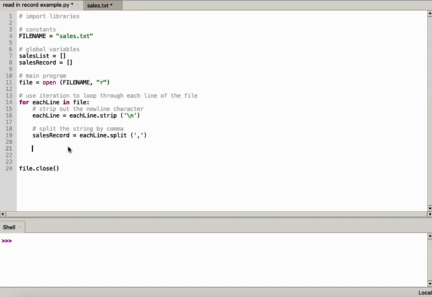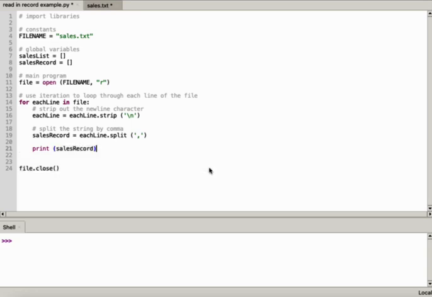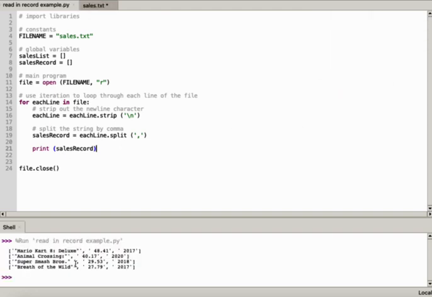And just to show you that that's working, I'm just going to print out the sales record so you can see what the effect of this has been, and then I'll remove that. So what I'm doing is testing it as I go along, just to see that I haven't made any major mistakes here. There we go. So as you can see at the bottom, it's going through every single line in the file, and it looks like it's saved each one into a new